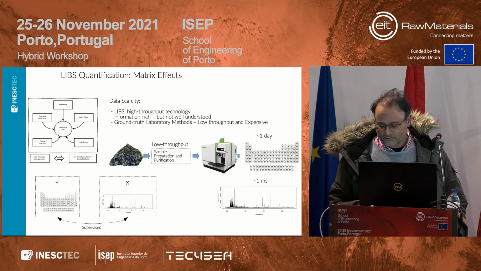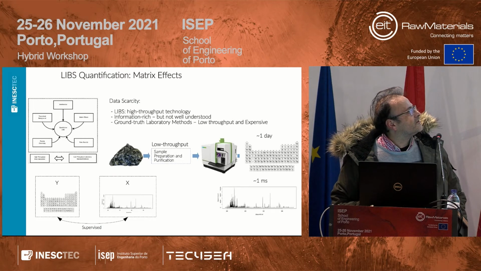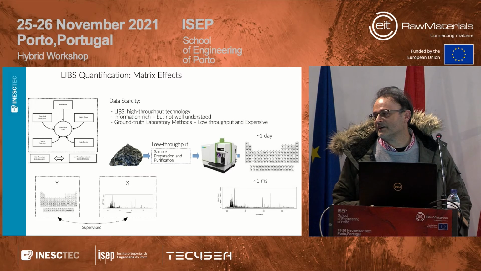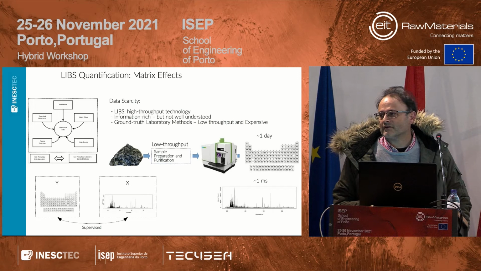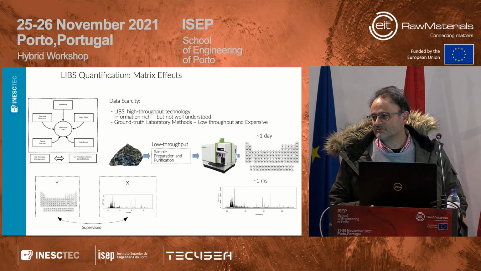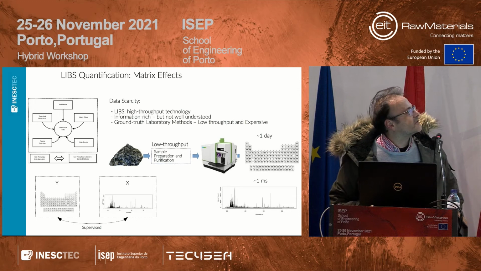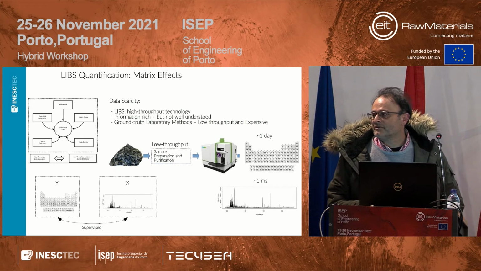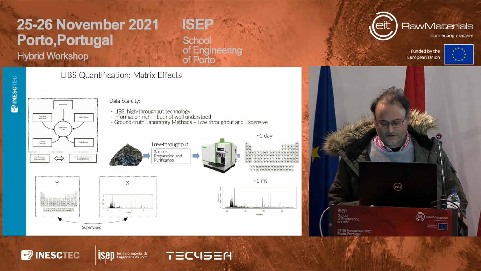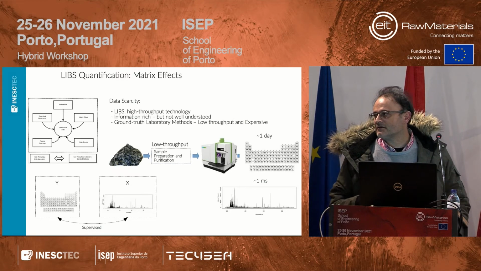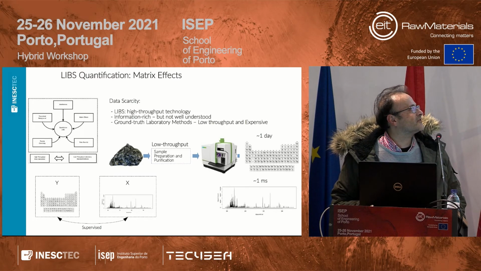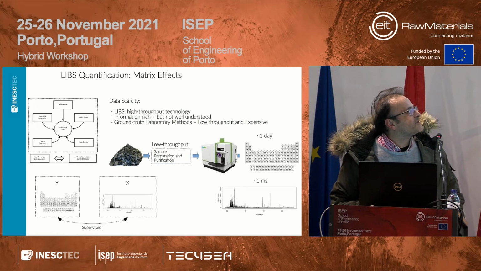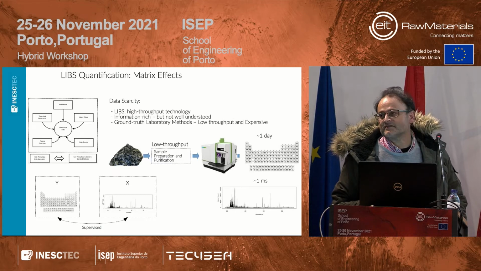And we are trying to address this issue by developing methods that can augment the data. Of course, these methods are not equal to image augmentation, as many algorithms exist for deep learning, because we need to respect the proportionality between the LIBS signal and the concentrations. But this is one of the big problems because ICP-MS, for instance, which is a ground truth method, is a very expensive method.